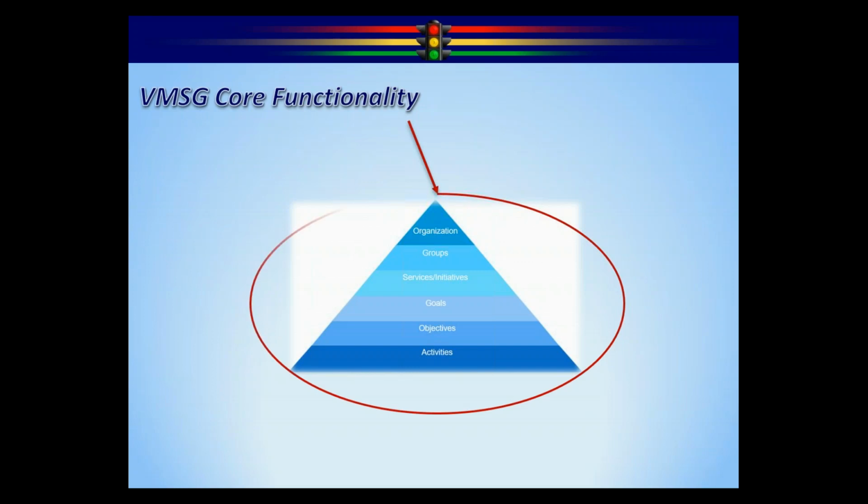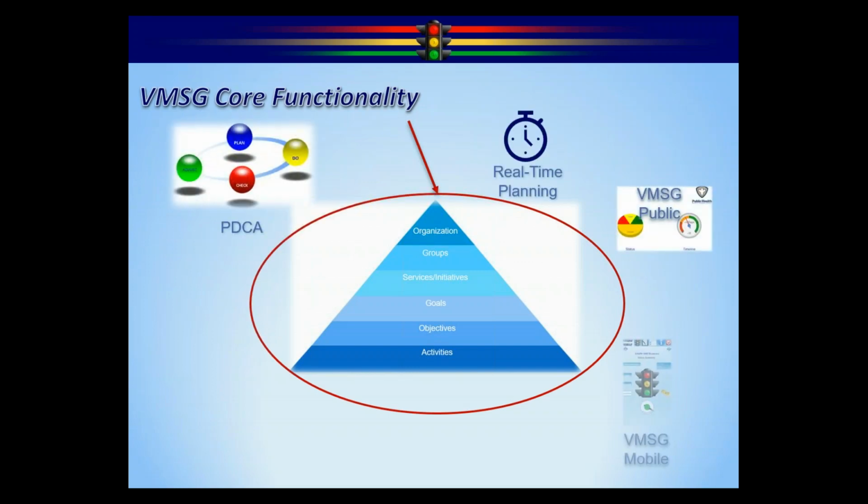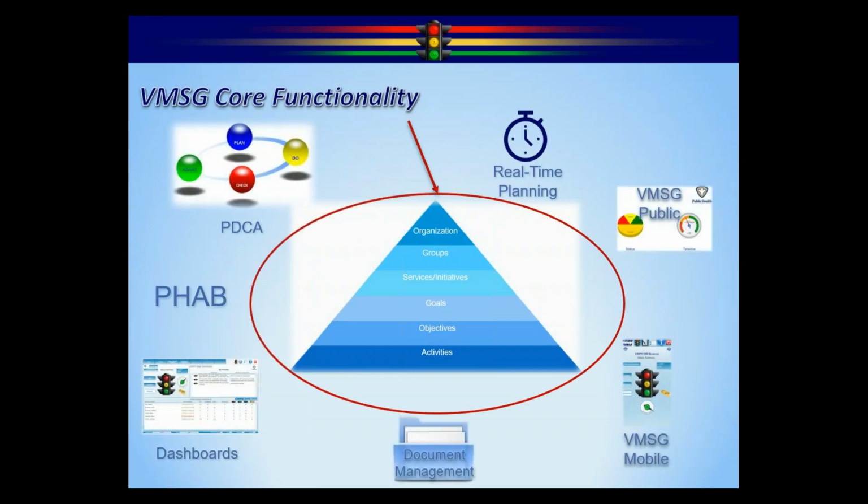So what we just discussed is what we call the core functionality of VMSG. Now we have about 240 plus health departments who've used the system primarily to go through some accreditation process. The Fab 6 packet plans that we were talking about, if you get those in the system, you use the accreditation plan, which we'll show you here in a few minutes, and you use the real-time planning, odds are, in fact, it's been 100% so far, that you will get fully demonstrated by FAB for 9.1.1. And that's a key element in there, saying you do have a performance management system and you're actually using it, keeping it updated, and using it to manage your plans in here.